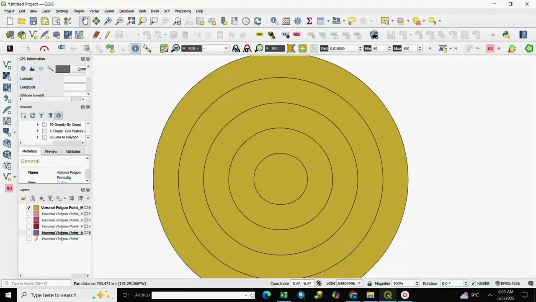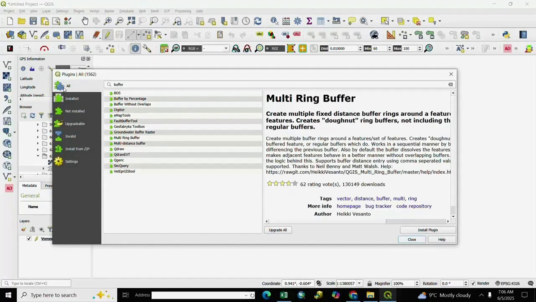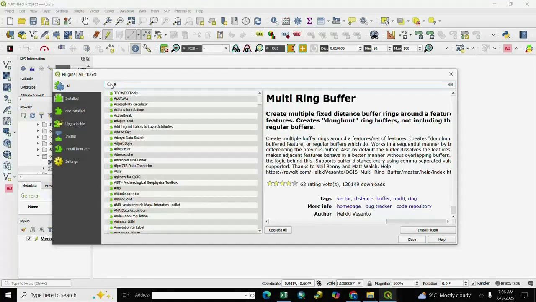So let's start. For multiple buffer we go to plugins. First we install the buffer plugin. For plugins, go to Manage and Install Plugins. After it, we select All and we search here for buffer.